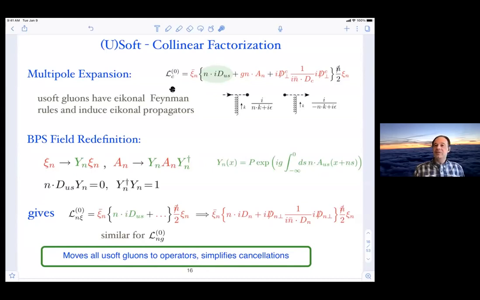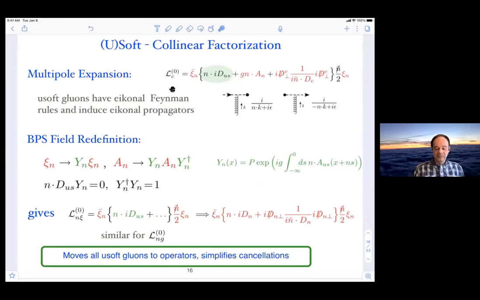And then due to the properties of the Wilson lines, you go from a Lagrangian where the fields are interacting to one where they don't. So this is the subtlety that I mentioned. But once we make that field redefinition, we've decoupled the soft and the collinear fields. And basically what that does is put all the interactions of the soft fields at leading power into these Wilson line objects. And that simplifies things because they move out of the dynamical Lagrangian